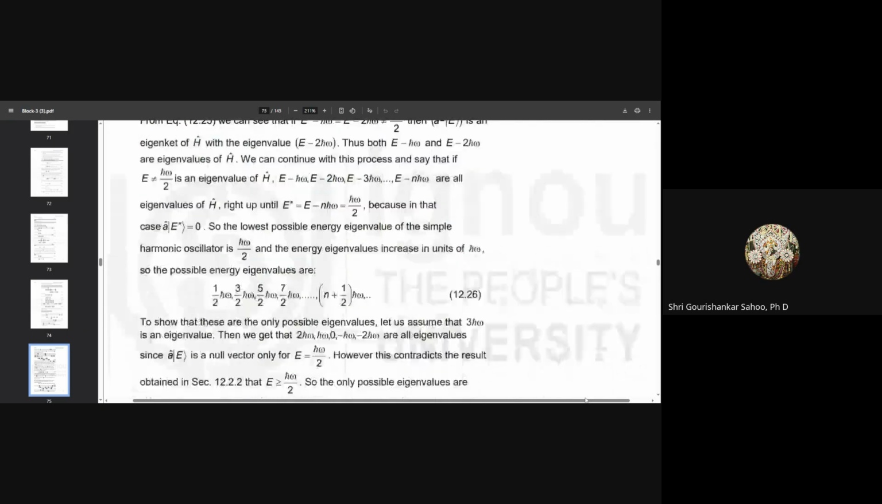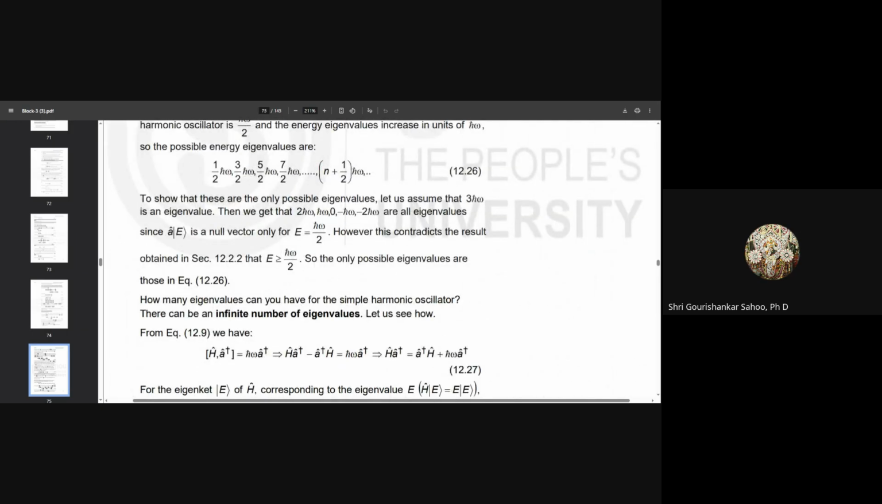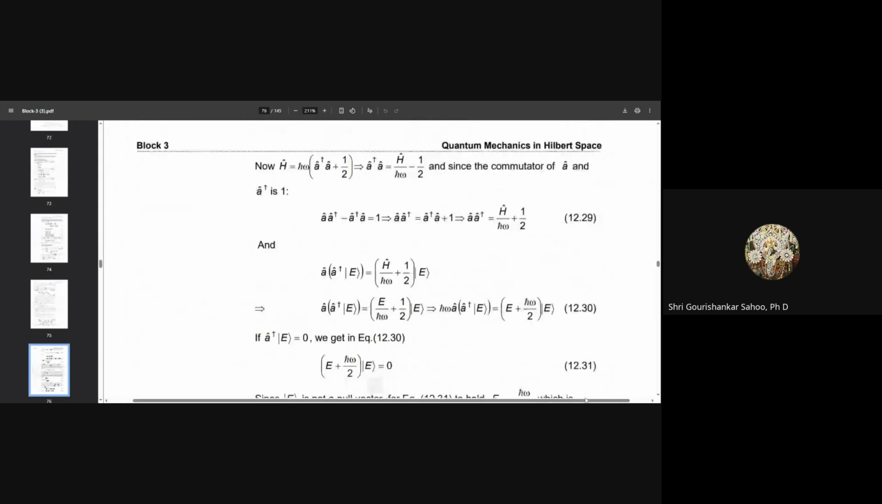To see this, write the eigenket A cap E as E dash, corresponding to the eigenvalue E dash, which is equal to E minus ħω. So H cap A cap square E is equal to (E minus 2ħω) A cap square E. So there can be an infinite number of eigenvalues, and these are the